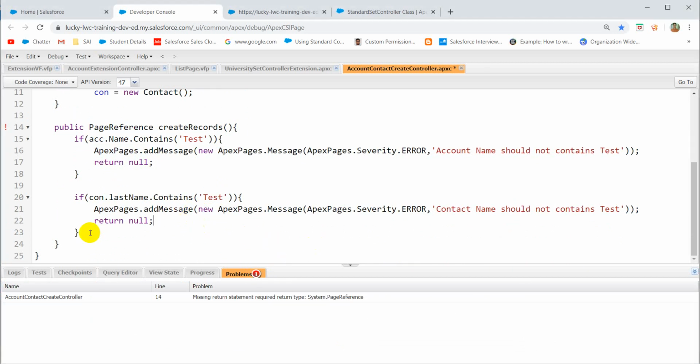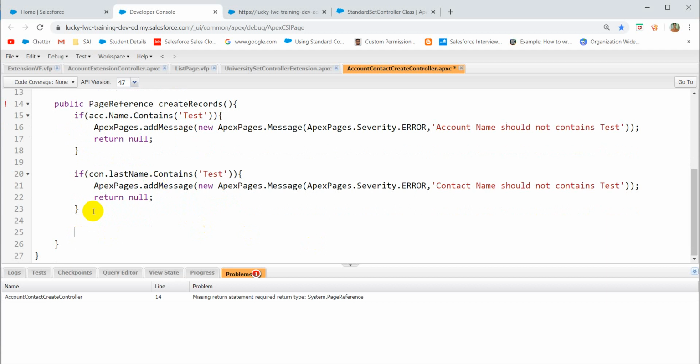So here, after completing the validations, you need to create the records, right? If you want to create the contact under the account, first you should have the account, right? Now let's say